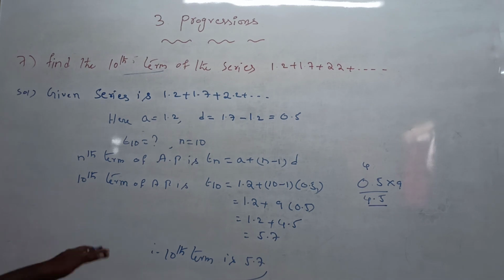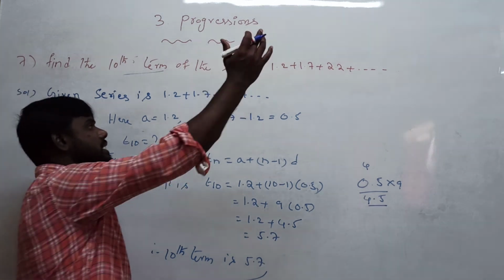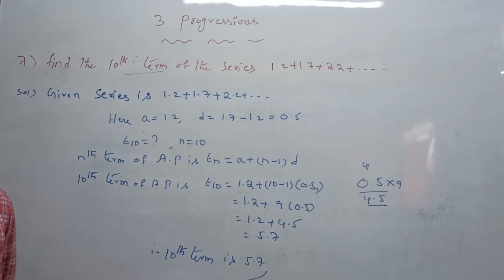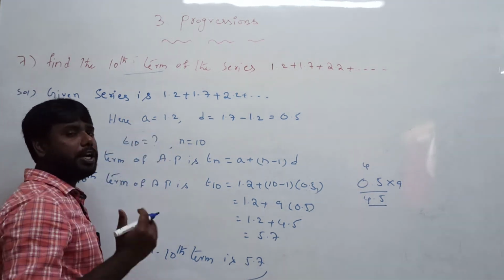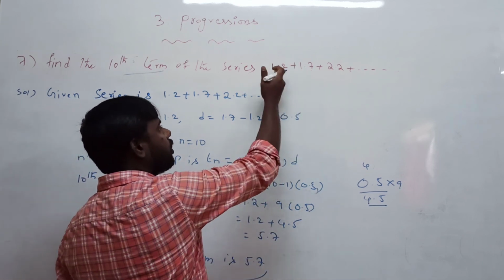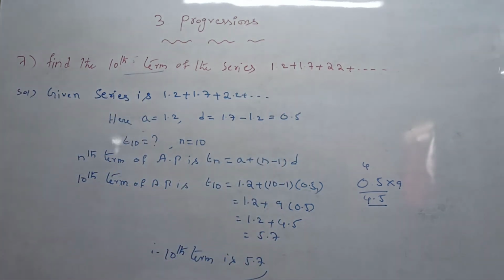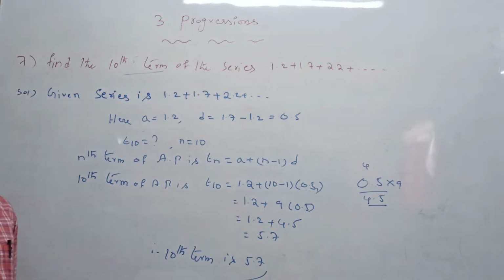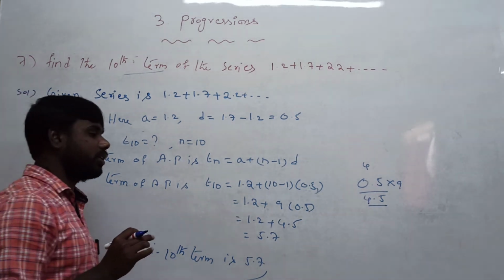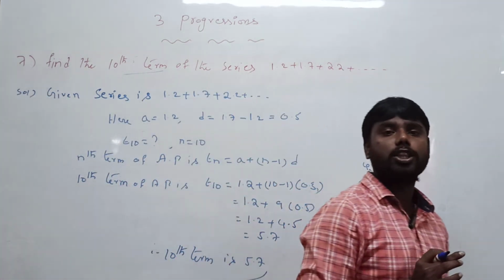Did you understand these problems? Very easy. In the earlier questions a sequence was given, but here a series is given. Don't get confused. Only find the first term, which you write as a, and d, which is any term minus the term before it. Whether they give a sequence or a series, the process is the same. So you understood how to find the nth term of a series using the arithmetic progression formula.